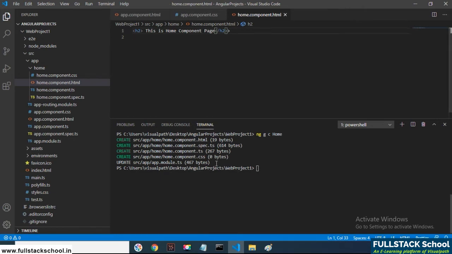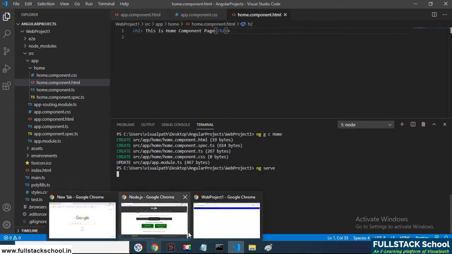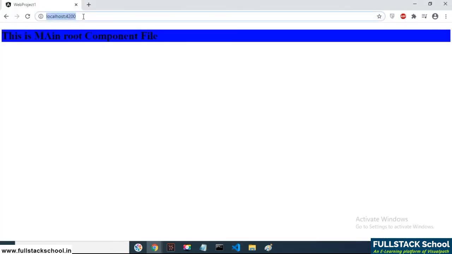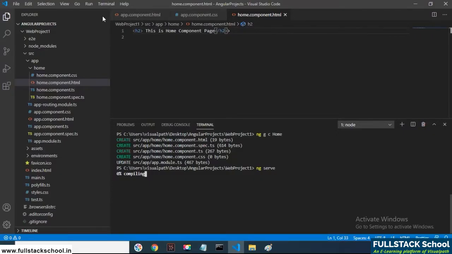Now, once you compile it, it will not make any changes in the browser, because we have not given any link between the root component and the home component. We have just created a component, but we have not made a relation between the home component and the root component.